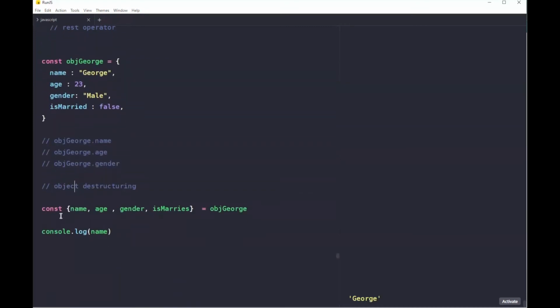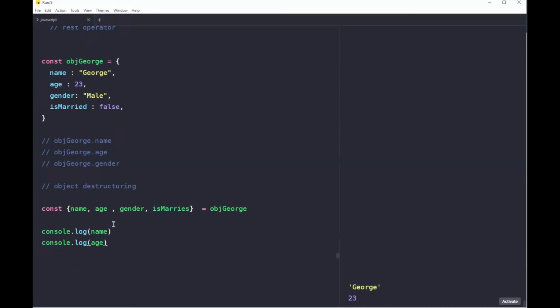So now, once we have destructured this, we can use the name just like that, without any George dots. I'm trying to get rid of that dot notation. When we destructure it, we have access to the individual properties in that object. Yes, so this is one of the things you can use destructuring for. Instead of calling the object before we access a property inside it, we can just destructure the object and use the individual